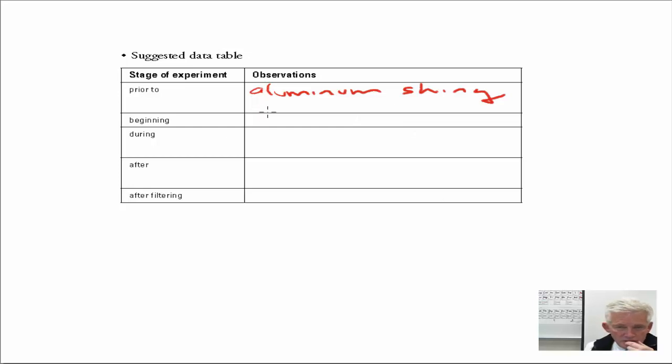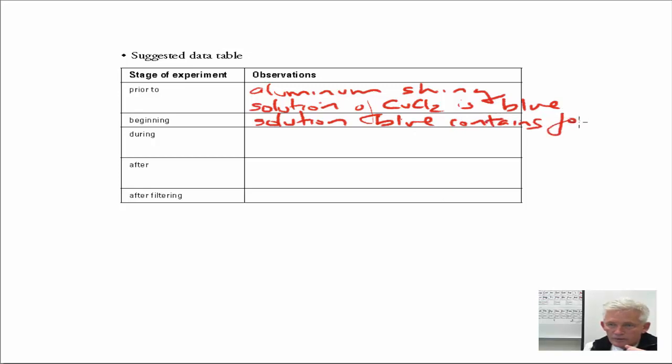The solution of CuCl2 is blue. Then beginning in the reaction itself, solution blue, contains